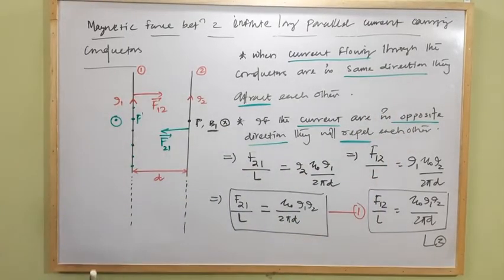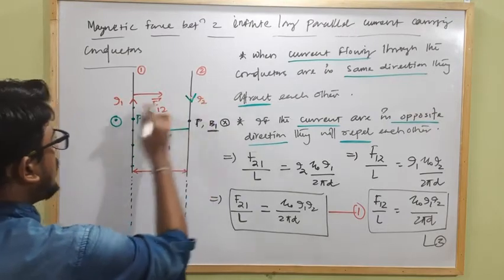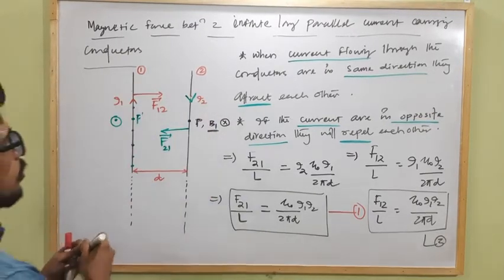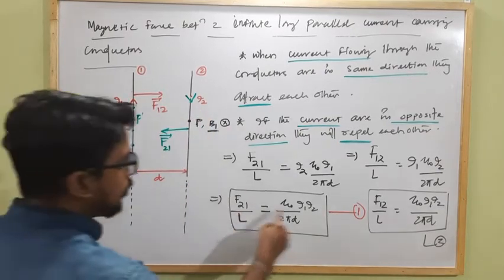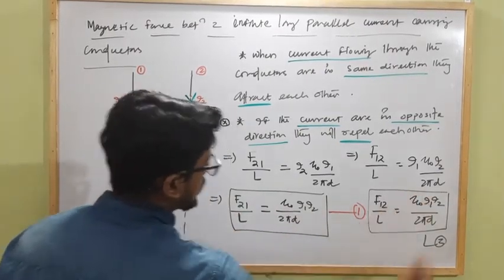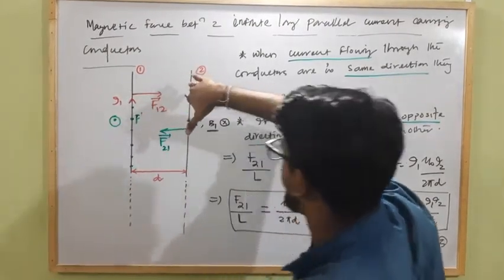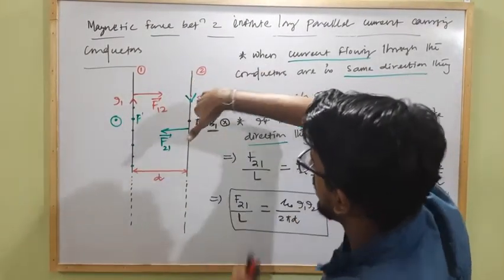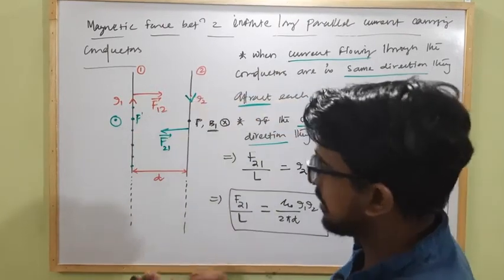Okay, if current is in the opposite direction, just assume here current is flowing downward and here current is outward. So for this current carrying conductor, what will be the direction of force? The magnitude of force will remain the same per unit length, but the direction, as current is flowing downward, I am putting the thumb downward, and here the magnetic field is inward like this. Clear? So here the force will act along this direction,